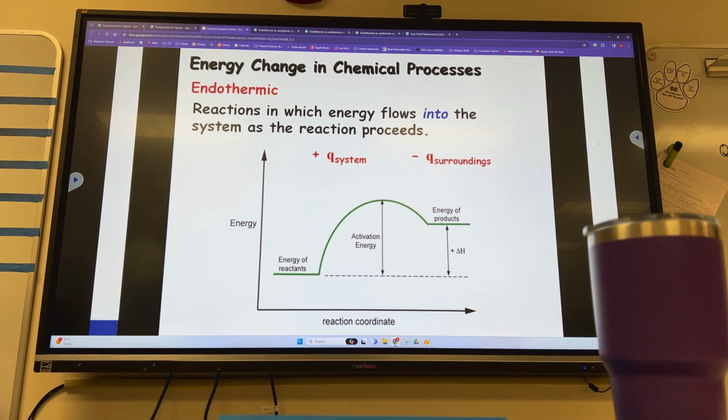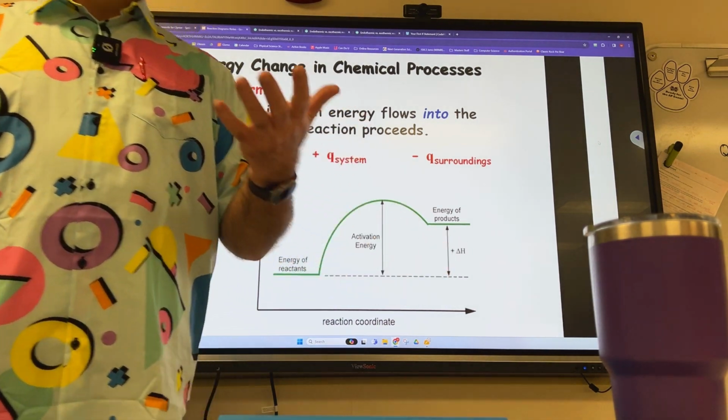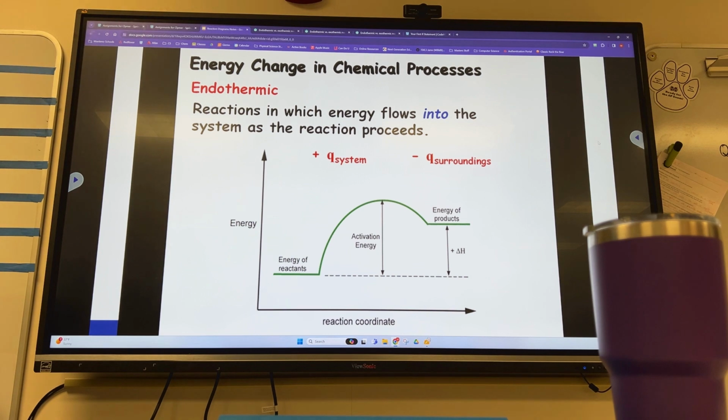And then lastly, the overall change in energy, that's this delta H down here. That's the amount of energy that reaction needed to happen, the amount of energy that it absorbed into that process. Right? And if you want what really is happening,